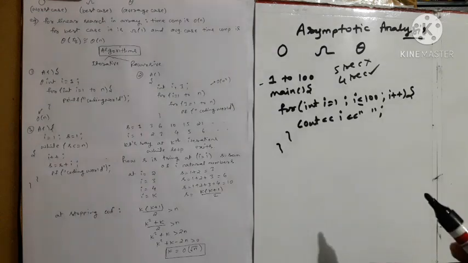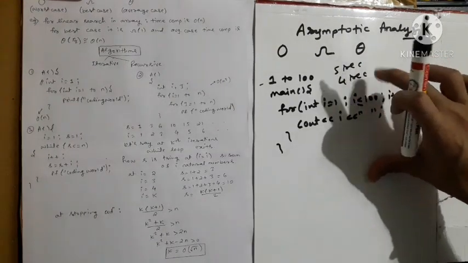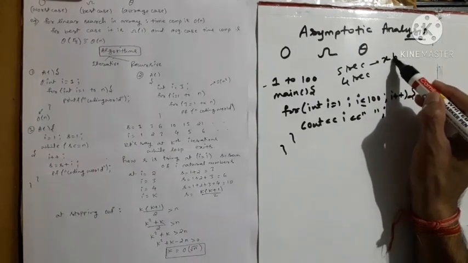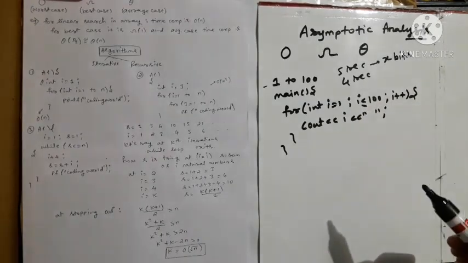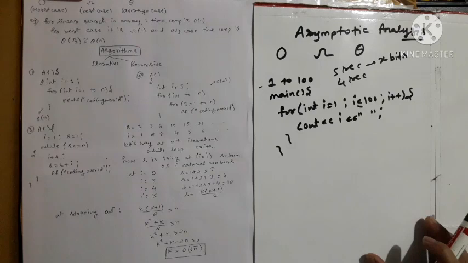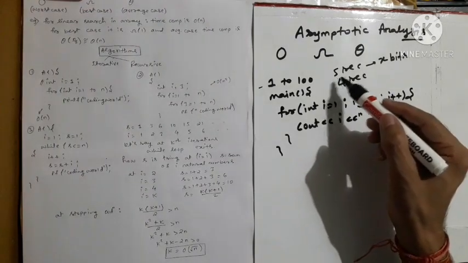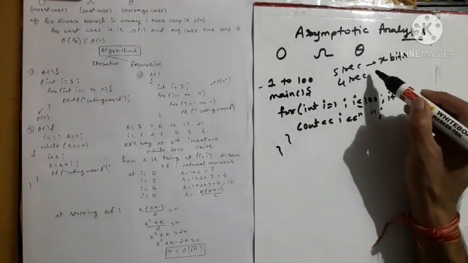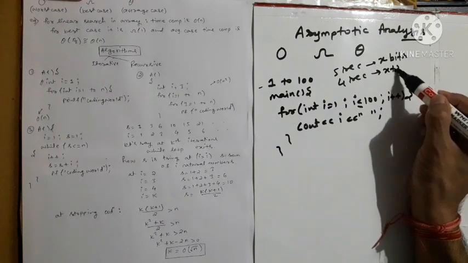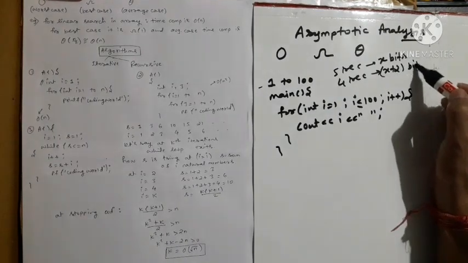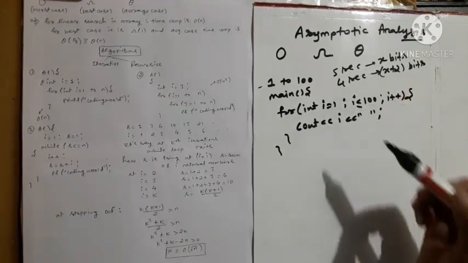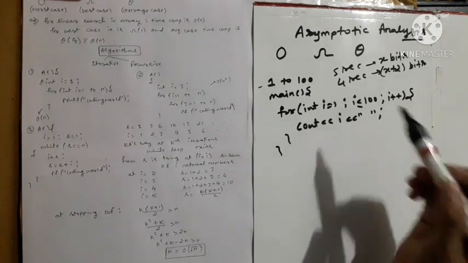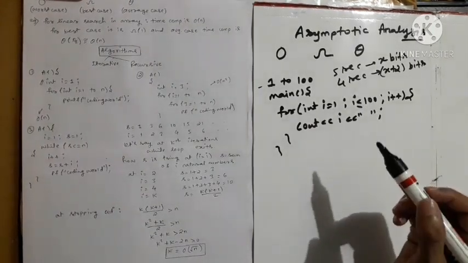Let me give you another scenario. Let's say this 5-second algorithm takes x bits of memory in the RAM, and the algorithm which takes 4 seconds takes x plus 2 bits in memory. Now you might be wondering which one to choose. Definitely we have to optimize in both directions, that means memory-wise and time complexity-wise.